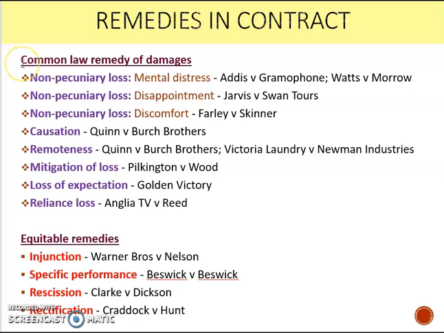Final topic in contract law is the remedies that are available to your claimant. And you need to be able to discuss the common law remedy of damages, including non-pecuniary and pecuniary loss, but also equitable remedies that might be awarded by the court, such as injunctions, specific performance, rescission,